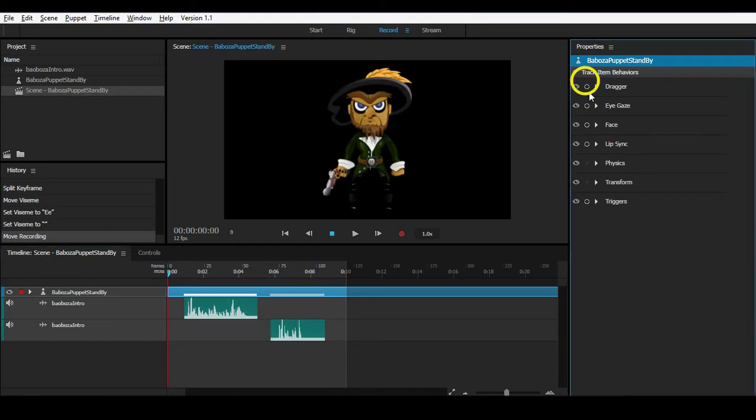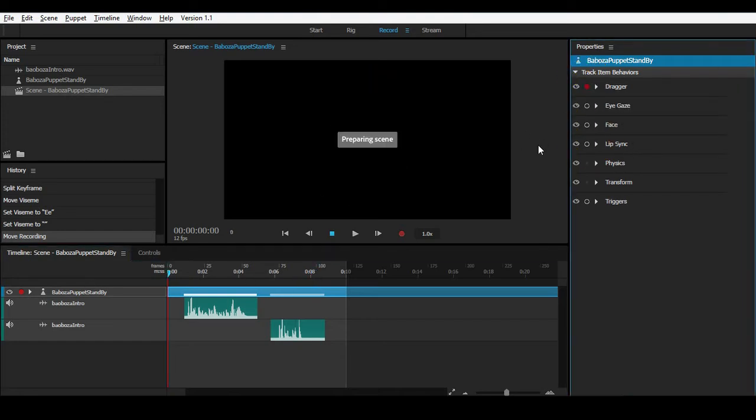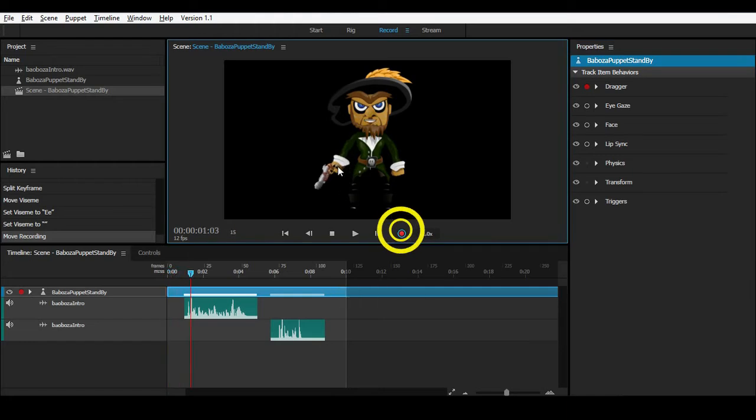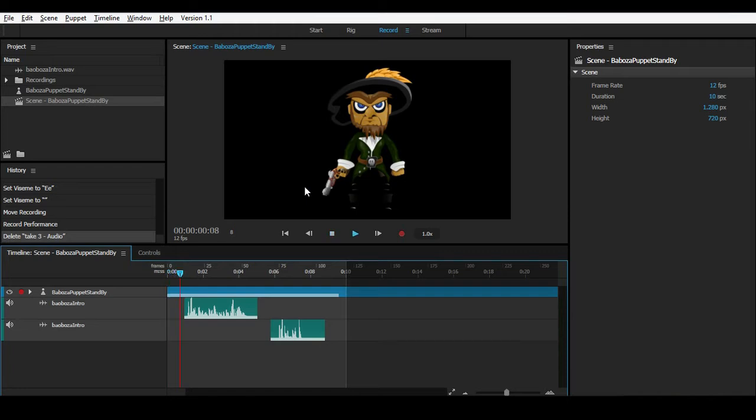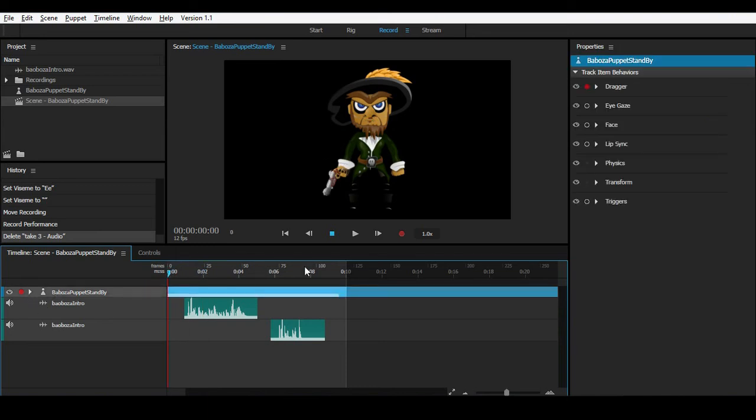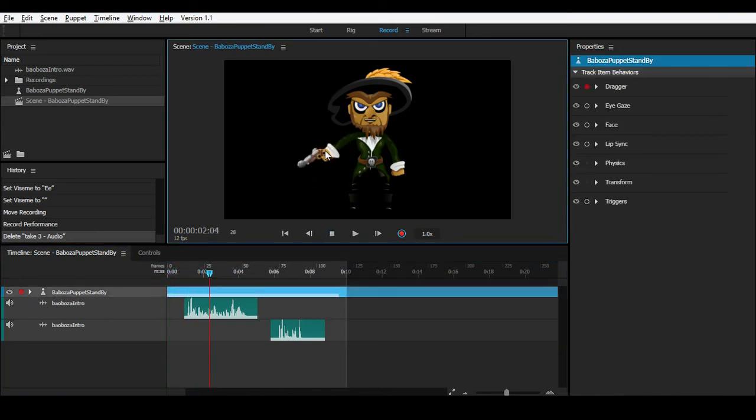Let's arm. The first thing that I want to do is to record the triggers. The triggers are the hands, so that's the first thing that I'm recording. I record one arm, and then I'm going to record the other arm. Let me check if the arm has the movement that I wanted. Yeah, maybe I'm going to take another take,